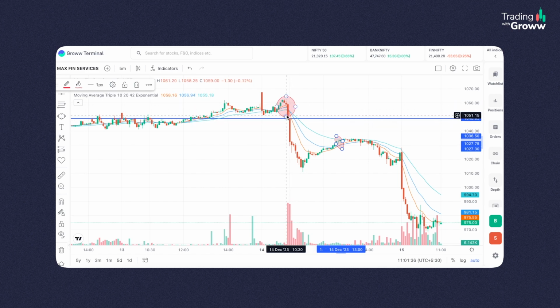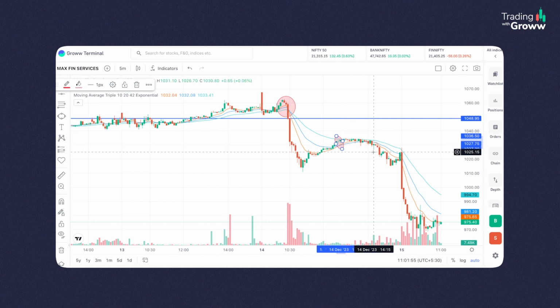So we have gone short here, and once we have gone short, we are waiting for the trailing stop loss to get hit, where when the red line goes above the blue line, we are just exiting the trade considering the trailing stop loss is getting hit. So we shorted here at 1409 and we would have exited at 1030, making a good profit of around 15